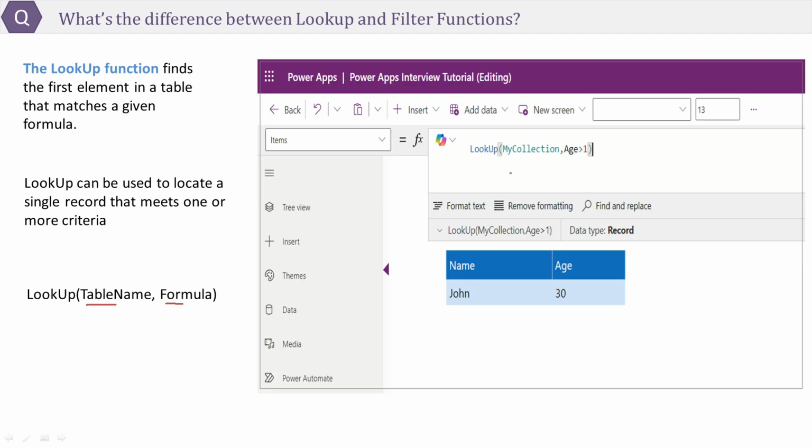Here we look up our previous collection and set one condition with age greater than 1. We can see that we got the first valid record once we applied the LookUp function. Also keep in mind that its return data type is record.